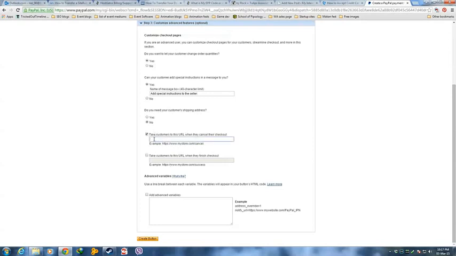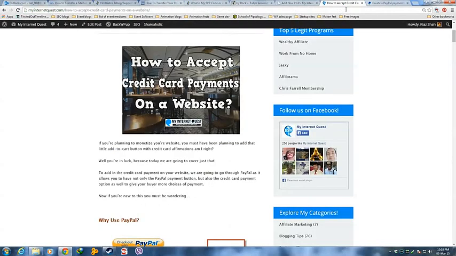You can key in links that you want to bring your customers to after they make purchases, but in most cases everyone would just put in their website homepage. So in that case mine would be my Internet Quest.